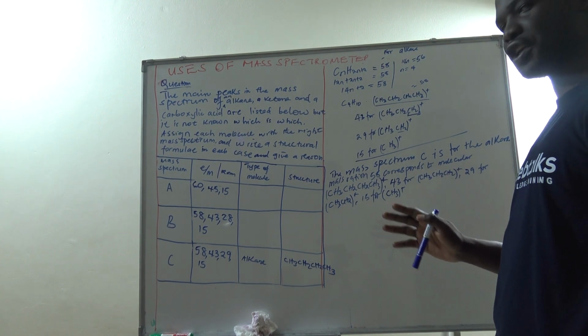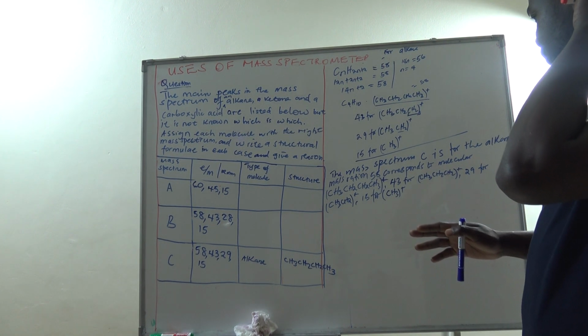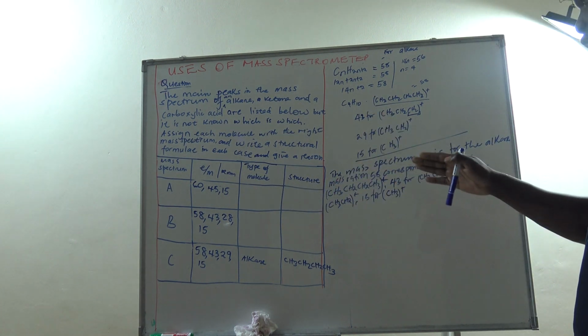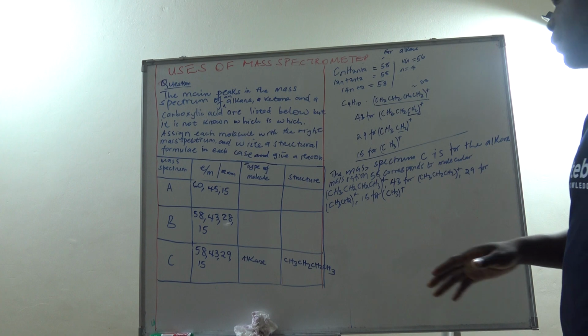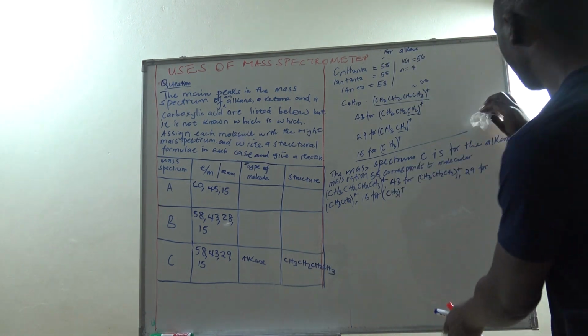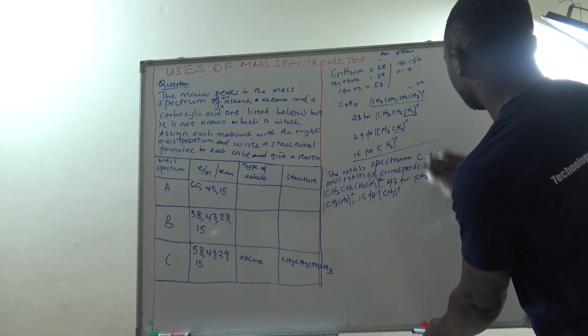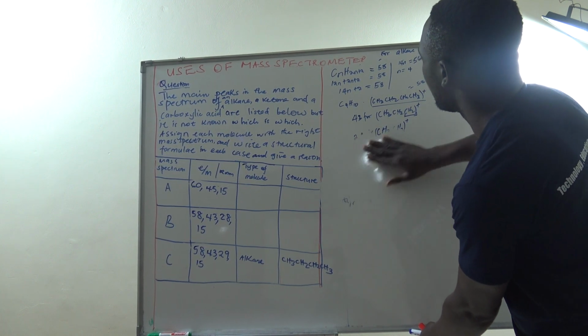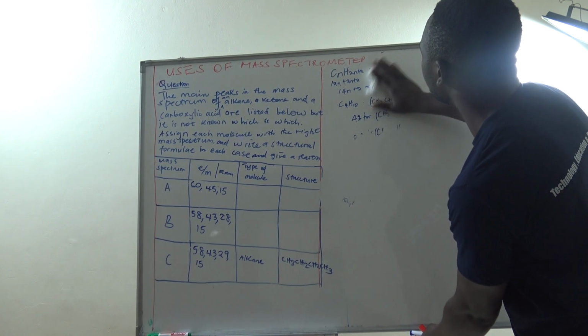Now, we are still proceeding with identifying the other mass spectrum. Now, let us look at another scenario, because we need to fill our table at the end of the day with